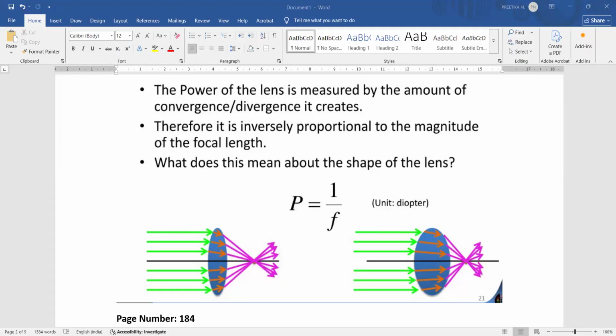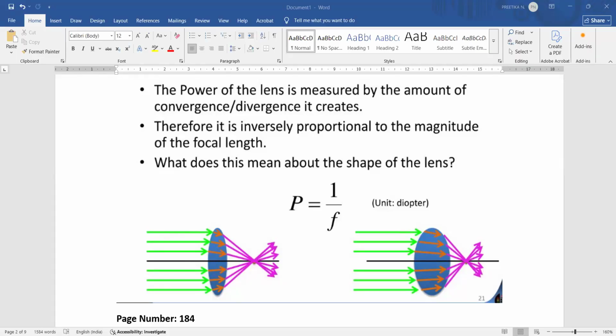The lens which can converge more is considered to be more powerful. जो जितना ज्यादा किसी चीज को converge कर सकता है, उतना ही वो powerful होता है. पर अगर कोई चीज को जितना ज्यादा converge करेगा, उसका focus उतना ही lens के पास बनेगा और उसकी focal length उतनी ही कम हो जाएगी. So basically, the power of the lens shares an inverse relation with the focal length of the lens. That means if the focal length is more, converging happens at a distance, due to which the power of the lens will be lesser.